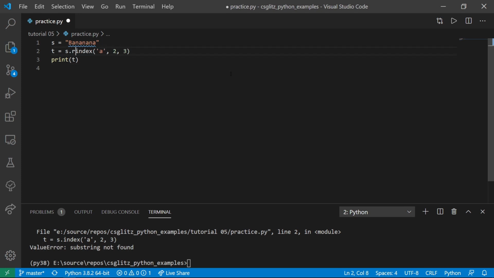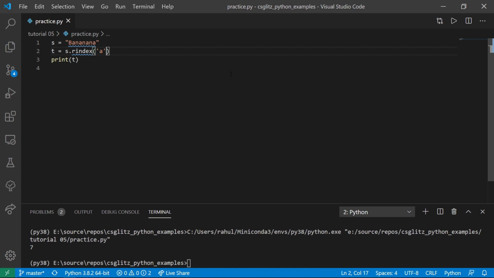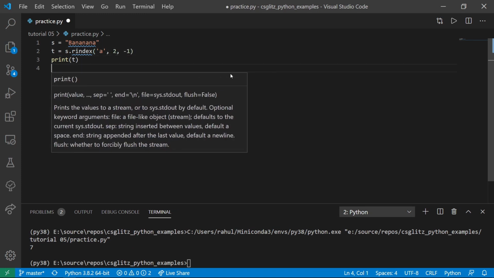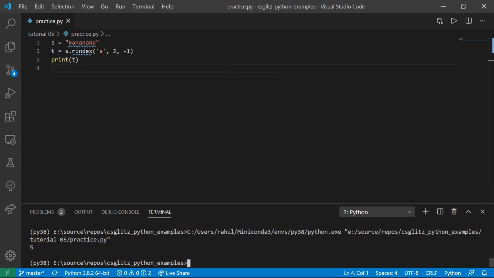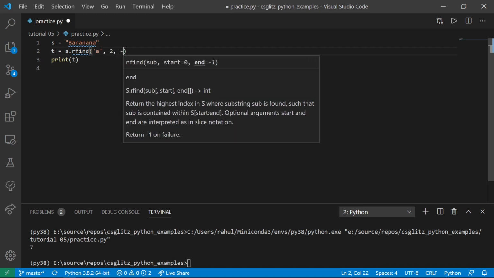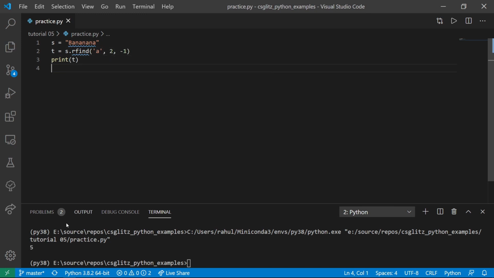If we want to search from the right, then we can just use rindex. The find function does the same, but instead of throwing an error, it will return -1. rfind is similar to find, it just starts the search from the right. We can also use a start or both start and an end in all of these functions.